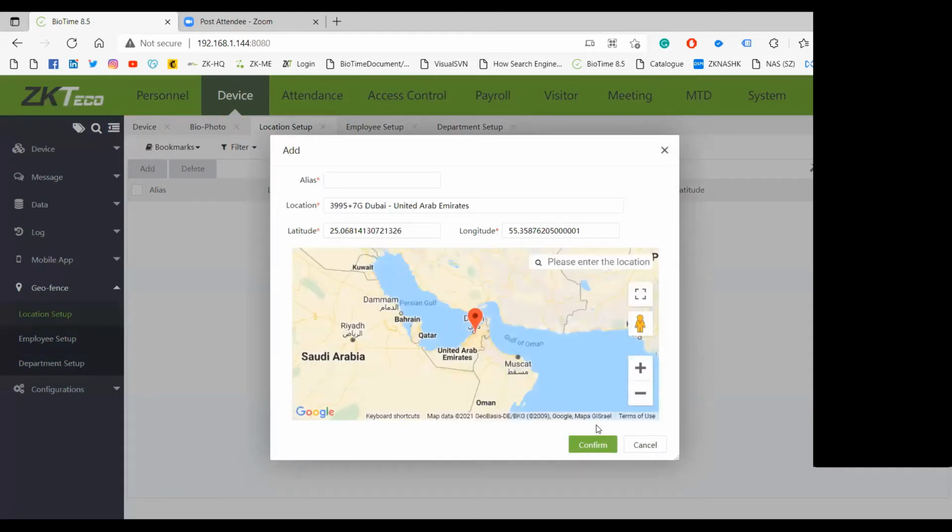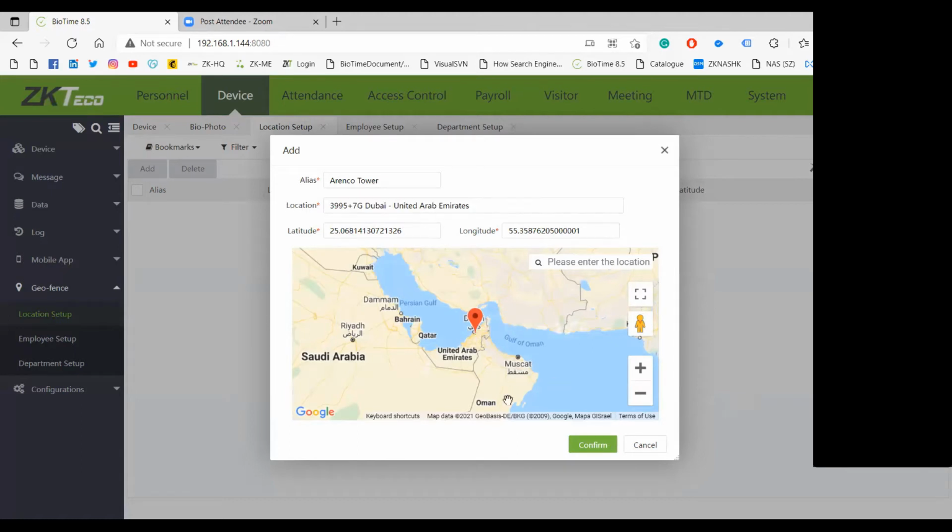So location setup is like this. Here we have a map feature, which is integrated with Google Maps. You can choose the area. Let's say I'm choosing my tower here. I input the latitude and longitude, and the location gets automatically added.